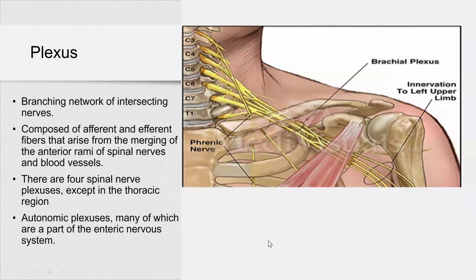Okay, now what happened over here? If you look at this diagram, you can see a spinal cord, and those are vertebrae, right? So you have C3, C4, C5. Those are cervical vertebrae, and then here's T1, a thoracic vertebra. Then you have this structure coming out through the intervertebral foramen. Inter means between. So between two vertebrae, for example, between C3 and C4, or between C4 and C5, we have